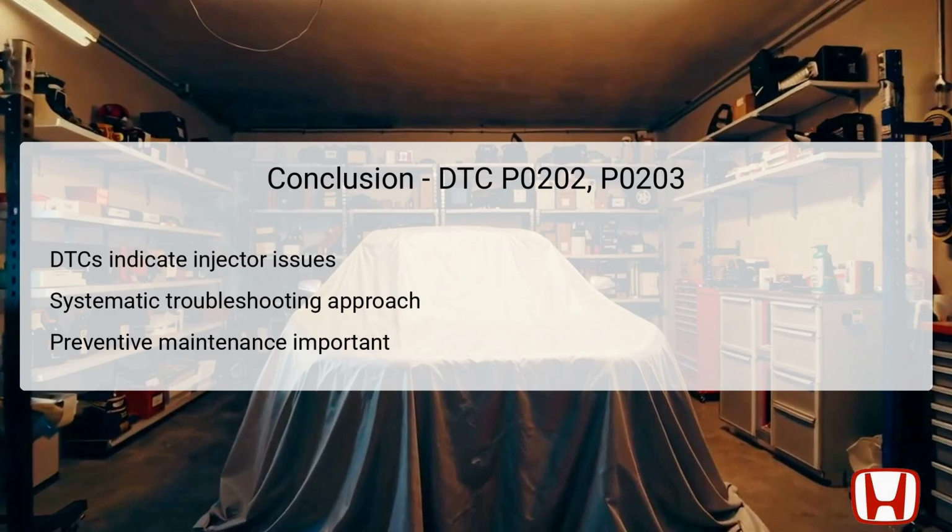A methodical troubleshooting approach is essential, starting from verifying DTC presence through various electrical checks, wire inspections, and relay functionality. Each step enhances your ability to accurately diagnose and repair the underlying issues effectively. Regular preventive maintenance, including inspections and timely updates, plays a significant role in safeguarding against future occurrences of these codes. Educating vehicle owners on the importance of addressing such DTCs promptly can improve overall vehicle health and longevity, ensuring a smooth driving